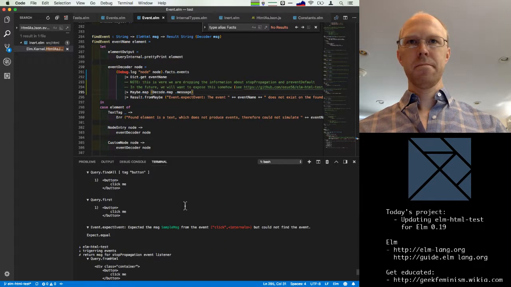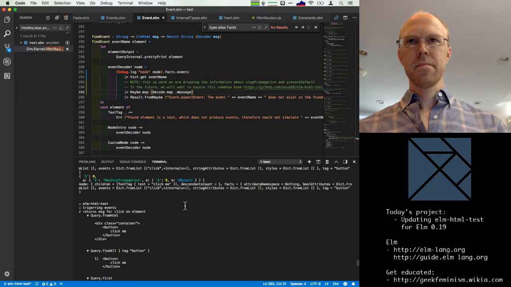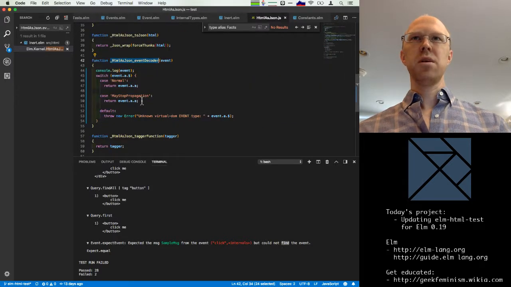Okay. And, okay, so now it's erroring in both cases, which I believe is because the decoder is not returning the correct value.